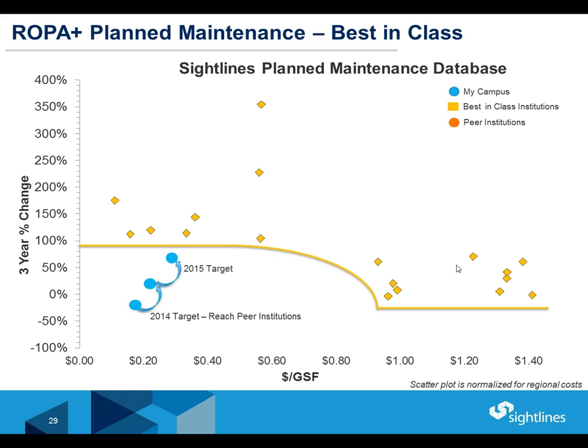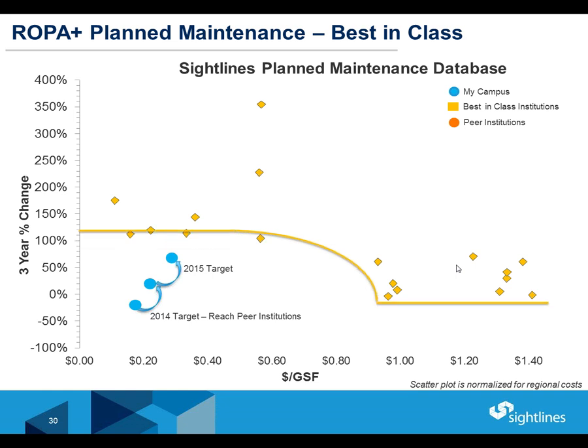But the thing is, the best continually, if they are truly the best, they will continue to improve. And we need to factor for that. And that's something that we'll be calculating on an annual basis and figuring out, well, who's the best this year? And so we anticipated that the best will improve, so we had to go a little bit further for the 2016 target so that they would achieve that best-in-class target.